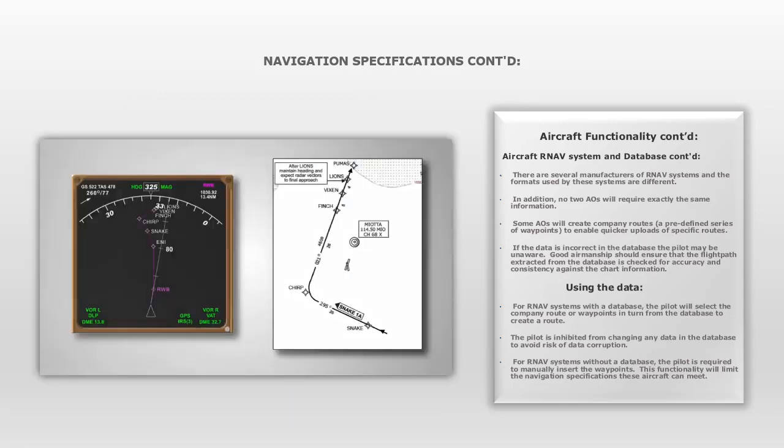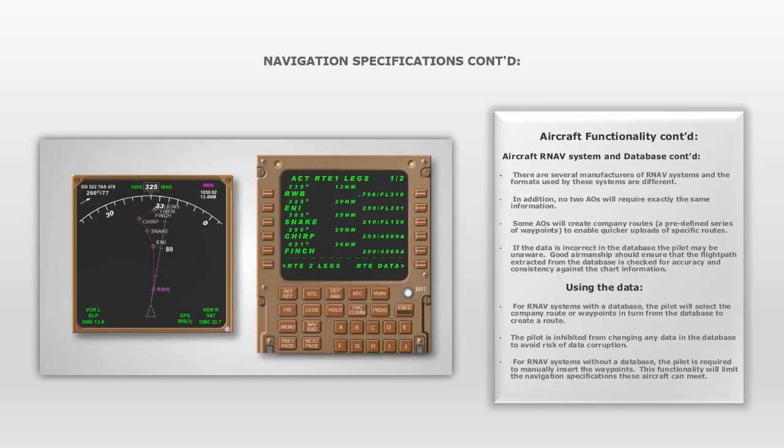In this video, the aircraft is cleared on the Snake 1 Alpha arrival. We can see on the display the waypoints for this arrival, Snake, Chirp, Finch, and so on. Before getting to Snake, the controller re-clears the aircraft on the Snake 1 Bravo arrival, so the pilot needs to change the arrival star. To do this, the pilot selects the arrivals key and then goes to the index and